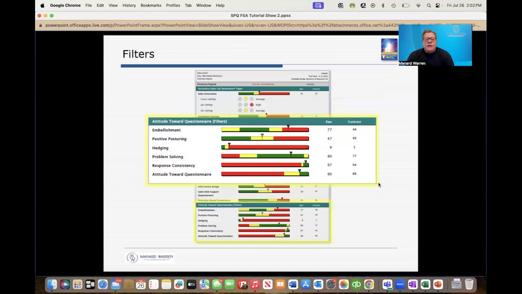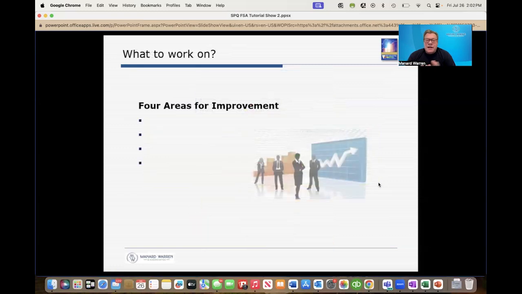Now, this category here is the last of the 6 sections. This is your attitudes toward the questionnaire. You can read about those. I'm not going to take the time to go through those, but I do want you to make decisions on